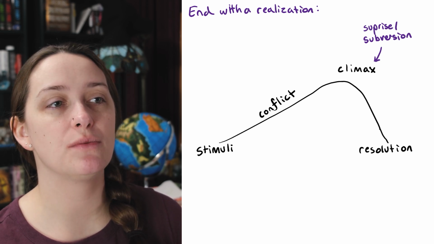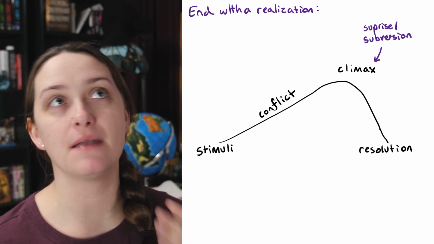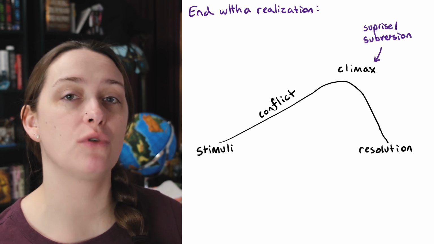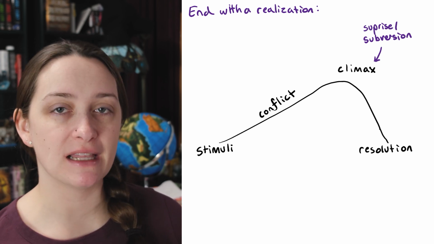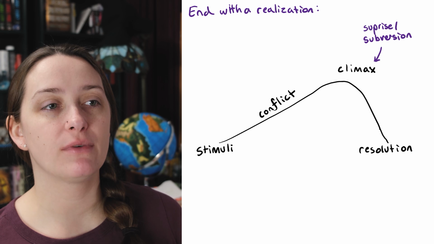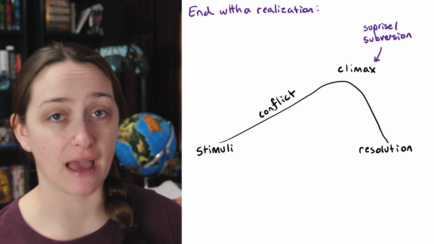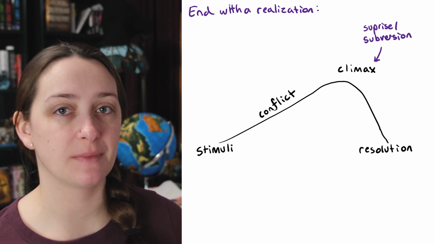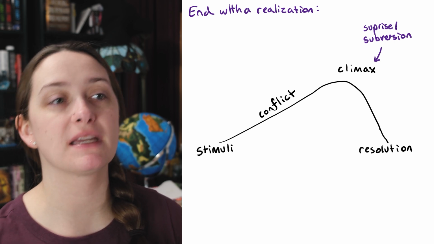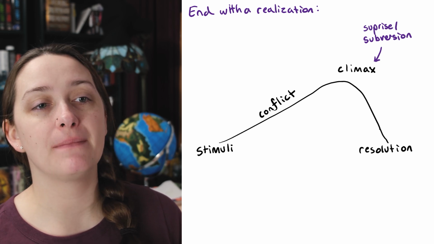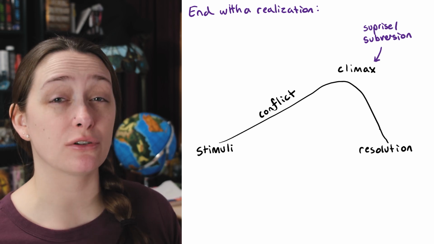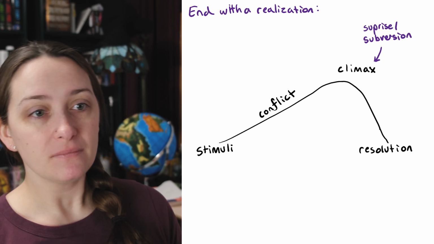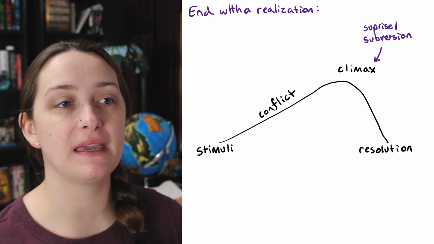And this kind of ties into both. It can be stakes, it can be an emotional side of it too. But normally, one common place for this is before a new goal, so the realization that leads to it. And in a scene, we'll frequently see this happen in the climax, where something surprising happens and that subverts our expectations. This is where we learn something new or something doesn't go the way we expect. And it can be, typically but not always, a more external realization, a realization about something that happened outside of them. And the hook here is going to be disbelief.